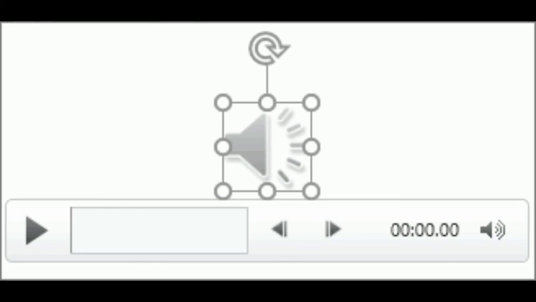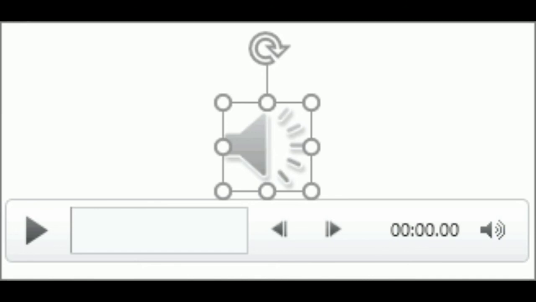To recap: the first step is to click on the slide to which you want to add the audio, and the second step is to click on the Insert tab. Under the Media group there are two options provided: the first is for video and the second is for audio. Since now we want to add an audio clip, you have to click on the audio drop-down arrow from that Media group. The fourth step is to click on the Clip Art Audio option from the menu.